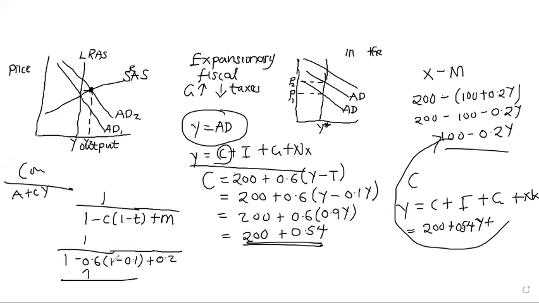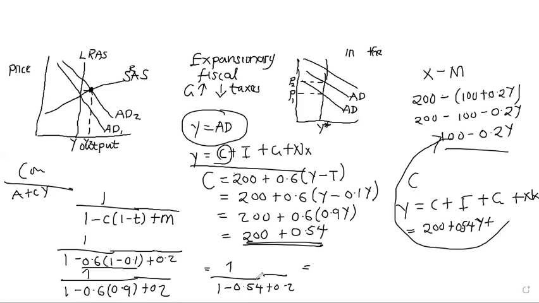From here, you just follow BODMAS. This is 1 over, you first work out this. Don't multiply first, just say 1 minus the 0.6, then that will be 0.9, plus 0.2. First, you break this down as well: 1 over 1 minus 0.6, that's 0.9, is 0.54, then plus 0.2. Then you simplify by adding, then divide. You can just get a calculator and put that in.